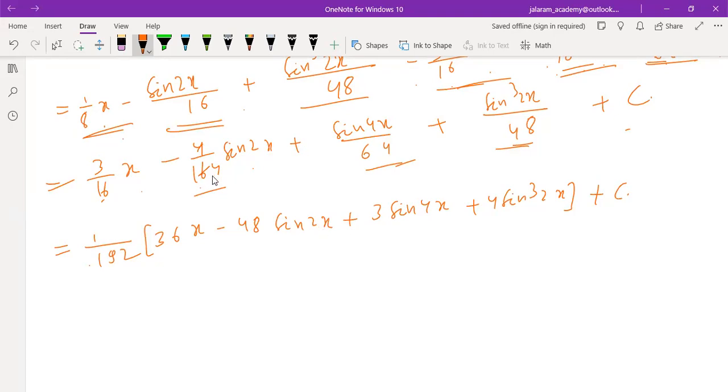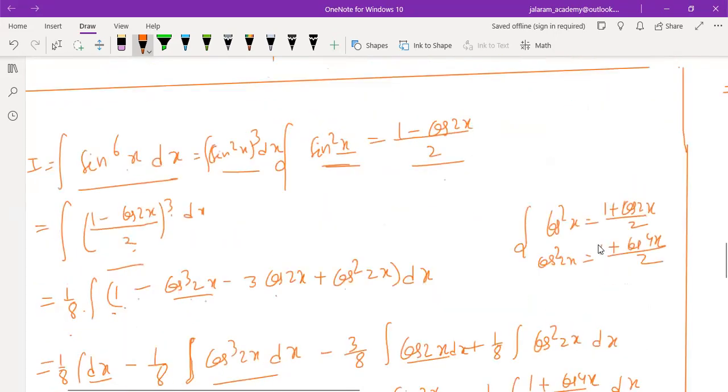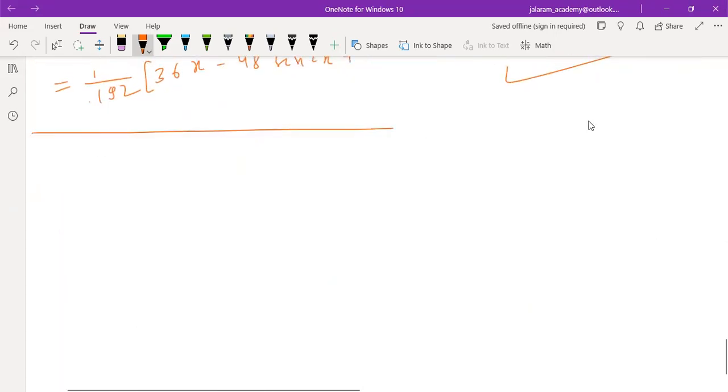Minus 48, 4, 48 sine 2x plus 3 sine 4x, correct, plus 4 sine cube 2x, correct, plus c. So this is the answer. Now we will discuss one more method to solve the questions of this type, like integration of sine to the